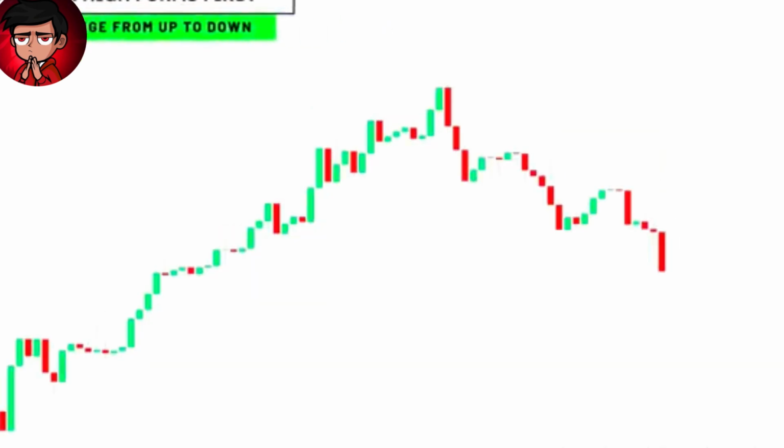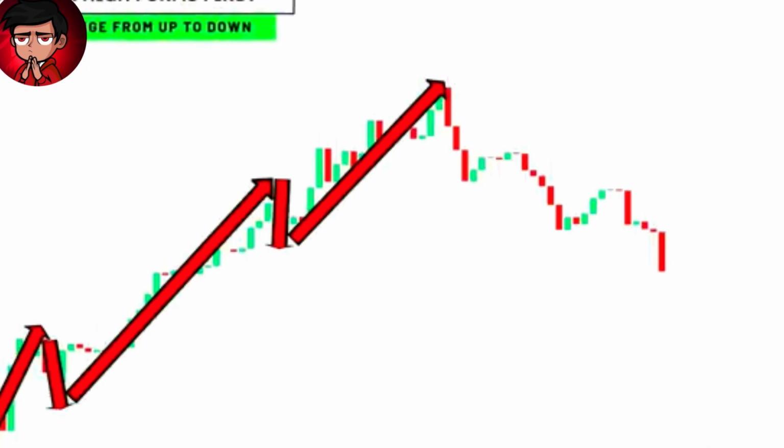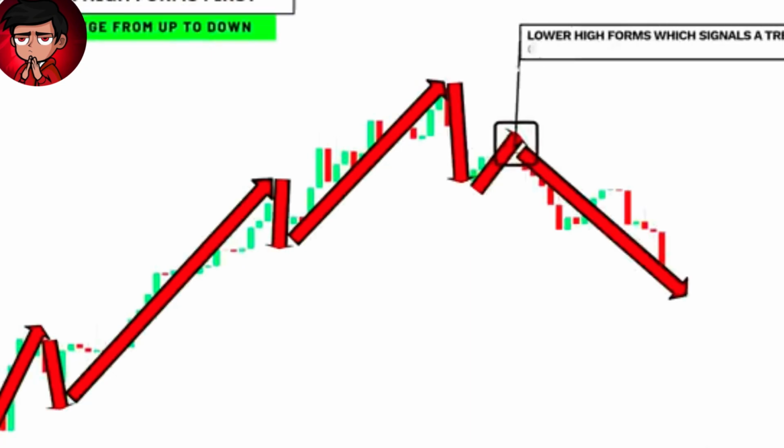Type 3. You have your uptrend through the higher highs and higher lows before you have a lower high that forms, signaling a trend change